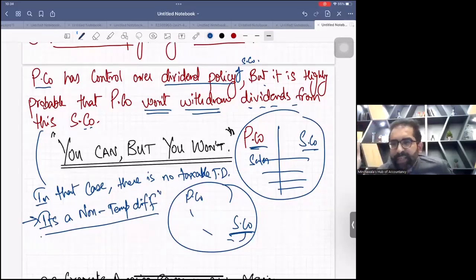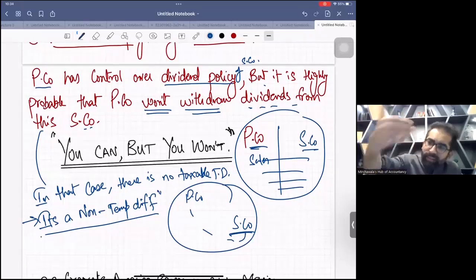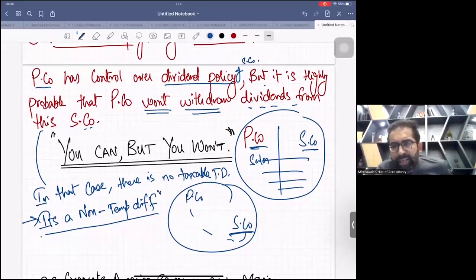Because there are some subsidiaries which we keep for growth purposes. We constantly reinvest our funds in that, and we want extreme growth. So in that case, we don't withdraw dividends. But in the last 6 to 7 years, I got a practical example for this line. Previously, I used to give different examples, like growth and all. But in 2014 or 2015, I got one very good real life example with the name of a country. And this is the example.